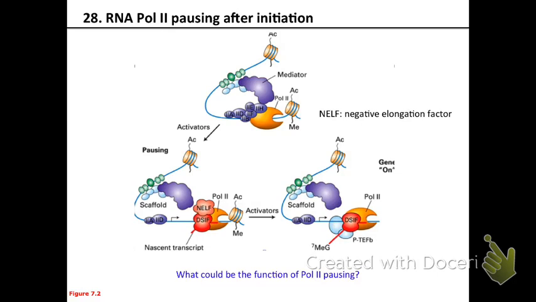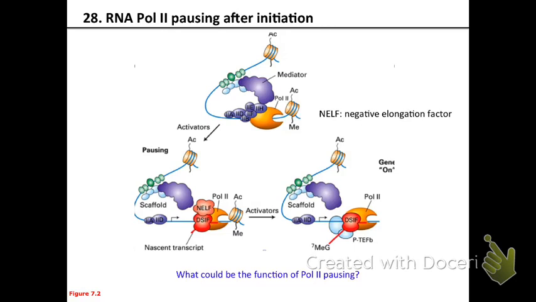So what do you guys think would be the function of RNA Pol II pausing in eukaryotes? Why might you want to actually pause your RNA polymerase? Any ideas? There's like a break, or like a break. If there's a what? A break, like if there's a replication protein trace. You're thinking, yeah, mechanistically, there's replication going on. Maybe you want to just wait or something like that. I don't think that's actually the case,